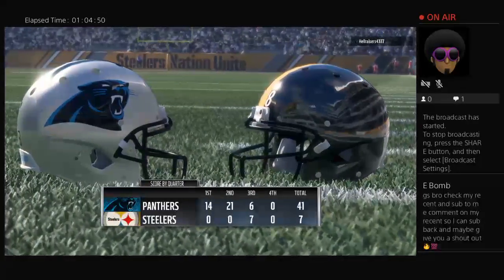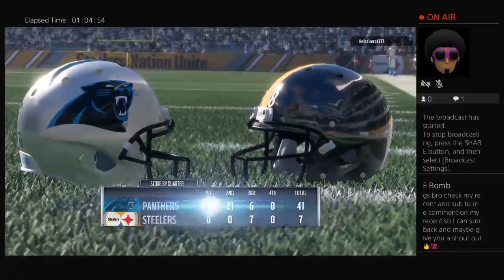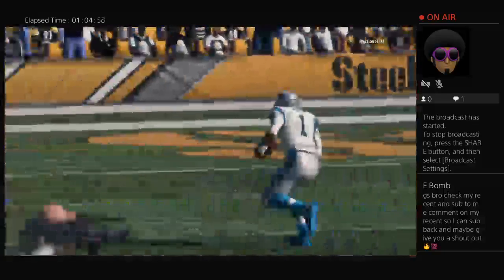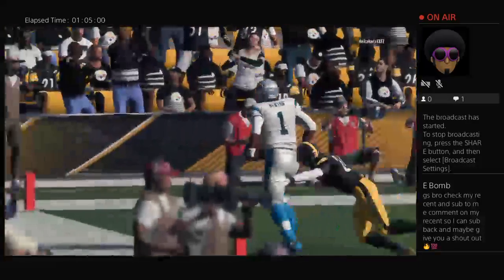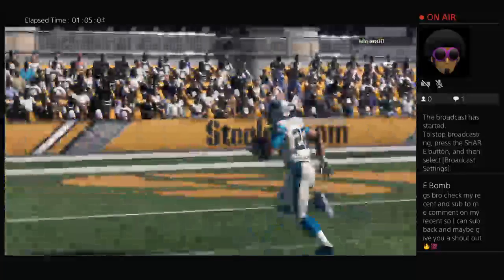So for the Panthers, it's an ideal start as they move to 3-0 now on the young season. And they'll return home next week to take on the Cincinnati Bengals. Meanwhile, for the Steelers, they'll fall to 1-2. And they'll be on the road next week for a